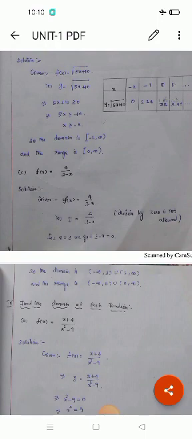Therefore, we know the range value. Range is nothing but, suppose we are putting 0, what is the y value? 0. Therefore, the range is minus infinity